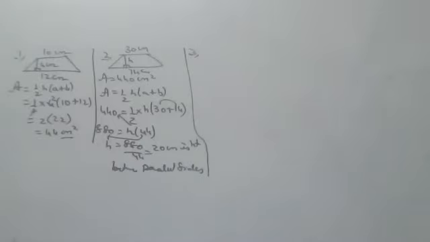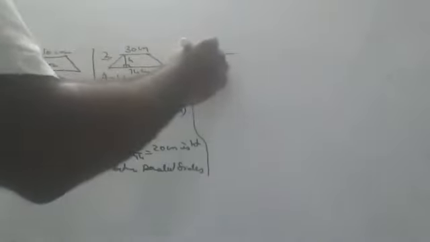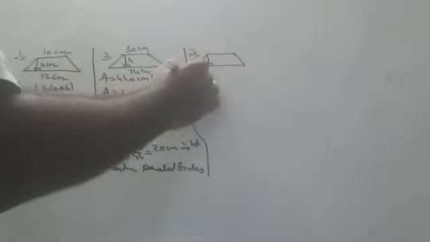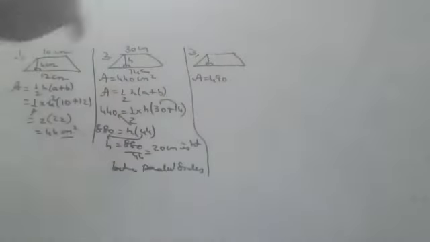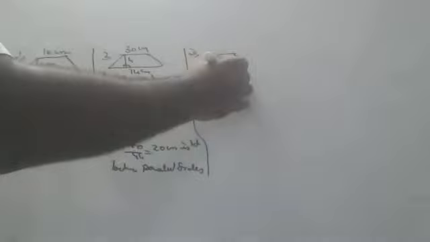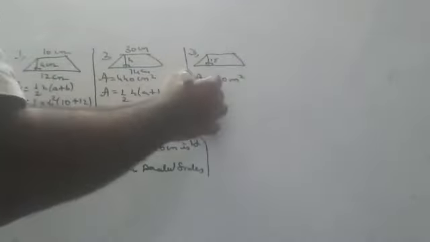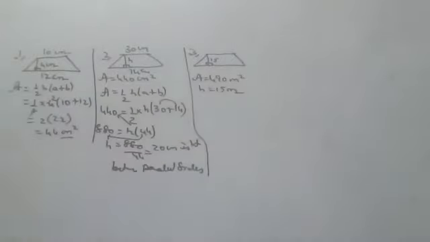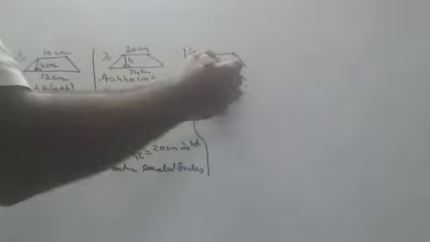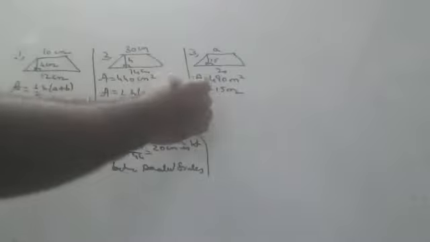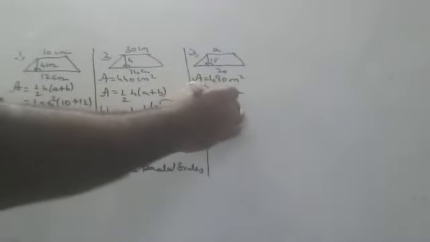Next one, children. I'll ask one of you to tell. Whoever you want, they have to say. First, I will say the sum. Listen. Area is 490 meter square, and height is given as 15 meters, and one of the sides is 20. Find the other. Okay, children, no problem. Who will tell this?